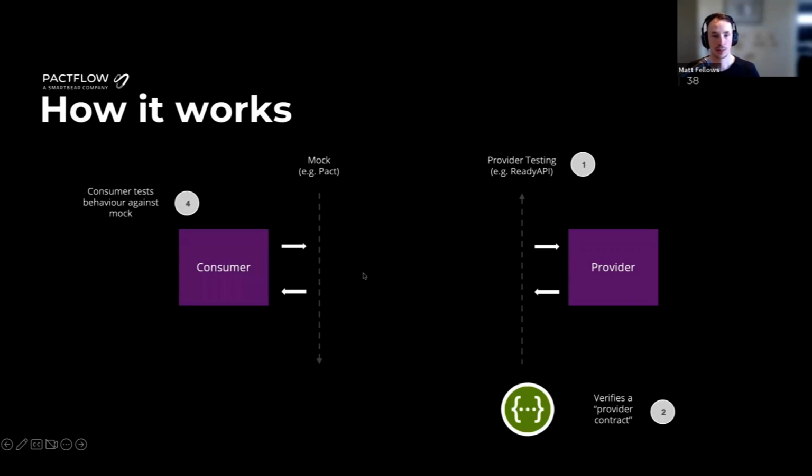On the consumer side of this equation, we're going to write a series of tests for our consumer against some mock. So again, we can use Pact here, or if you've got your own mocks, or if you're using your own tools like Cypress or WireMock, you can take those mocks and convert them into a Pact file. So as long as your consumer is using these mocks, to give us confidence, your consumer actually needs those things.